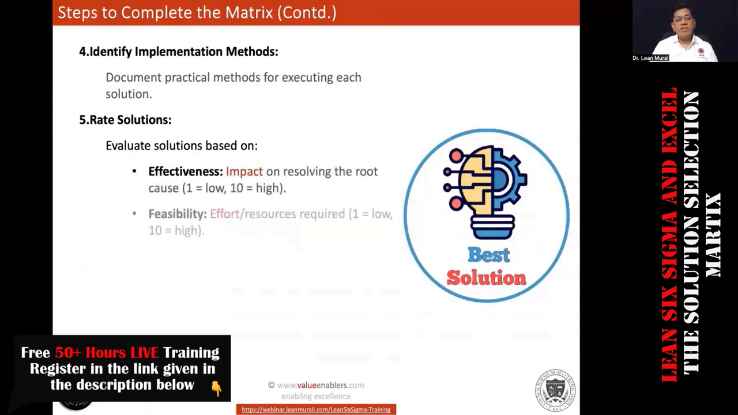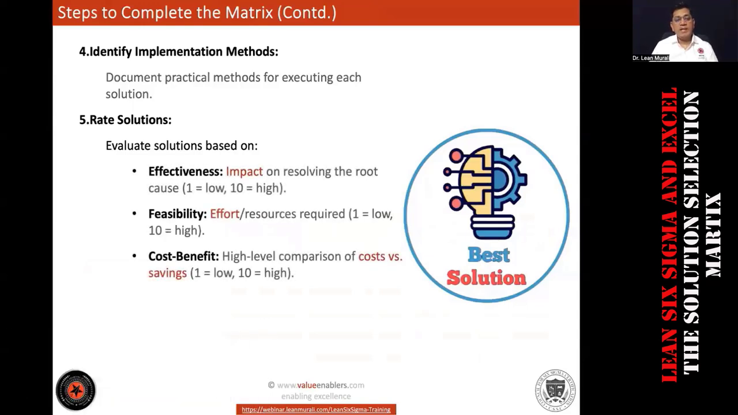Okay, first rating, RS rating. And we said effectiveness, feasibility, and cost benefit, right? Effectiveness, we said EFC, right? Though I've written cost, effectiveness, and feasibility, I asked you to type EFC because that's generally the order that we do. EFC. What is EFC? Effectiveness. Impact. I've highlighted, okay? Impact on resolving the root causes. What is resolving the root causes? Either you eliminate the root causes or at least reduce the impact of that or reduce the occurrence of that,